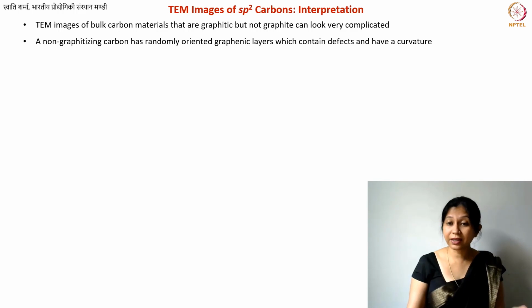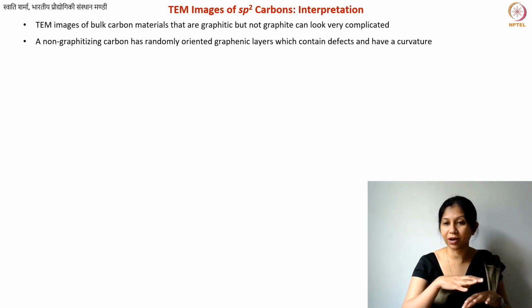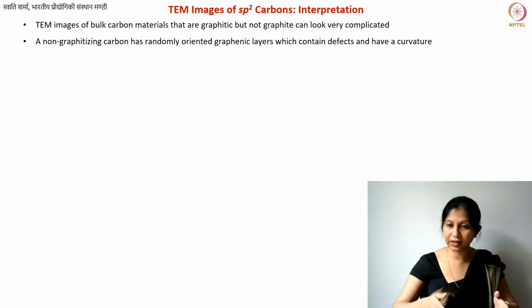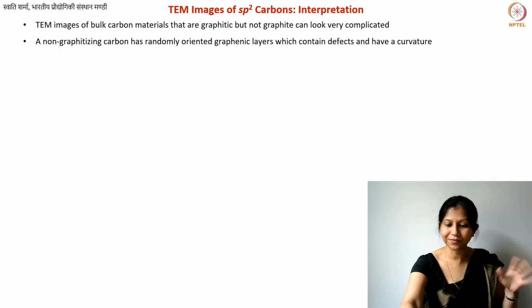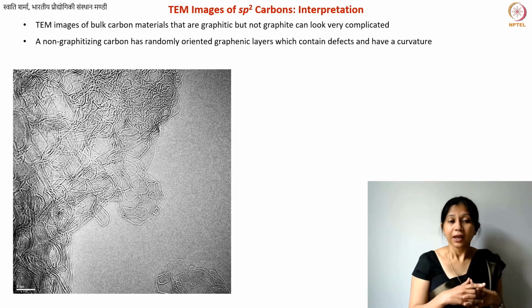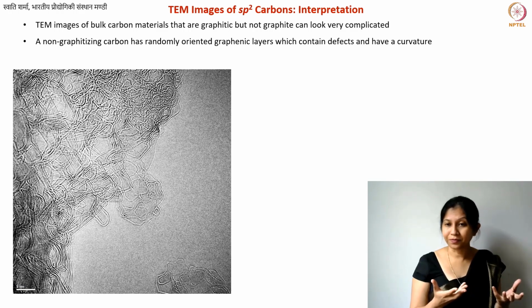So these kinds of patterns can look very complex, because we have multiple planes in these materials, and these planes are often turbostratic. In that case, it is very difficult to find the alignment of these planes, and you're never going to get perfect crystal planes in 3D. So these are the interesting materials, and here I have shown you one image. This is an image of a glass-like carbon, or at least a material that was prepared using a phenol formaldehyde resin at around 1200 degrees centigrade.